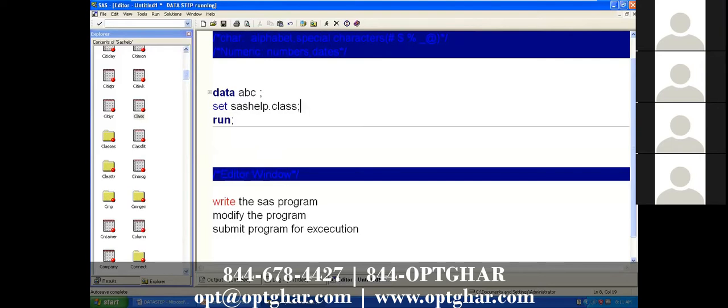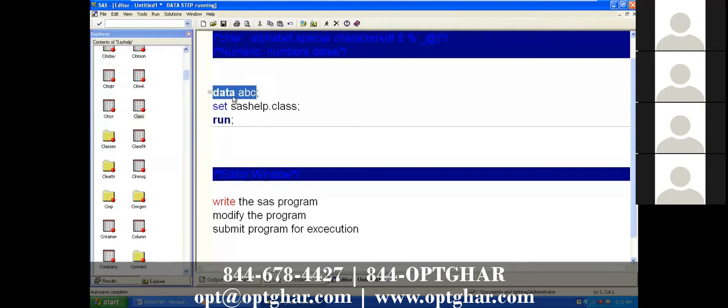Okay, and I will tell you there are some rules to write a SAS program. How to write a SAS program? How should I specify the semicolon over here? Should I specify a semicolon here, or can I give one semicolon? Is it enough or not? So here every statement should end with a semicolon. Every statement. Data is one statement, set is one statement, and run is also one statement. So this is your syntax actually. So every statement should end with a semicolon, and the second point is, each statement